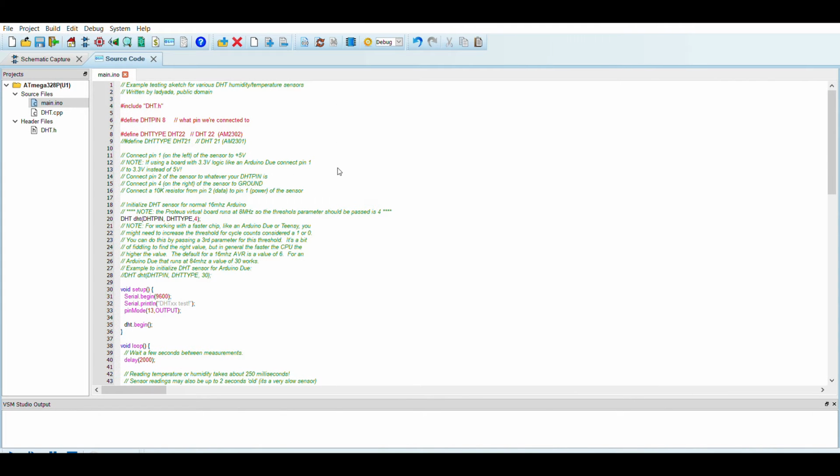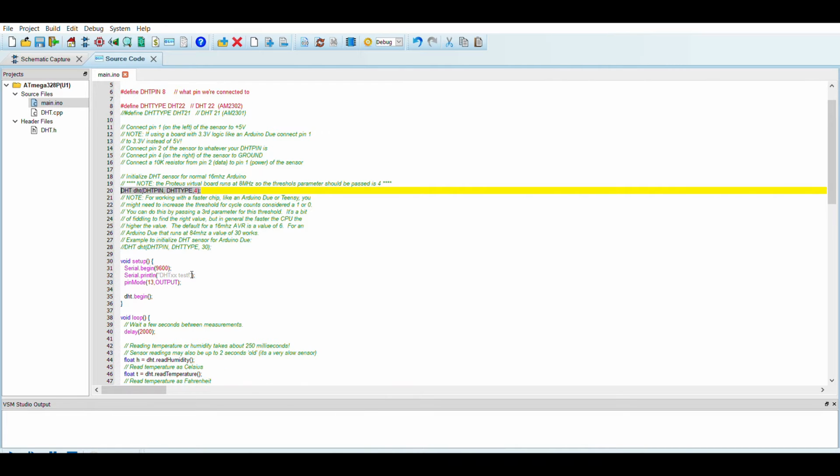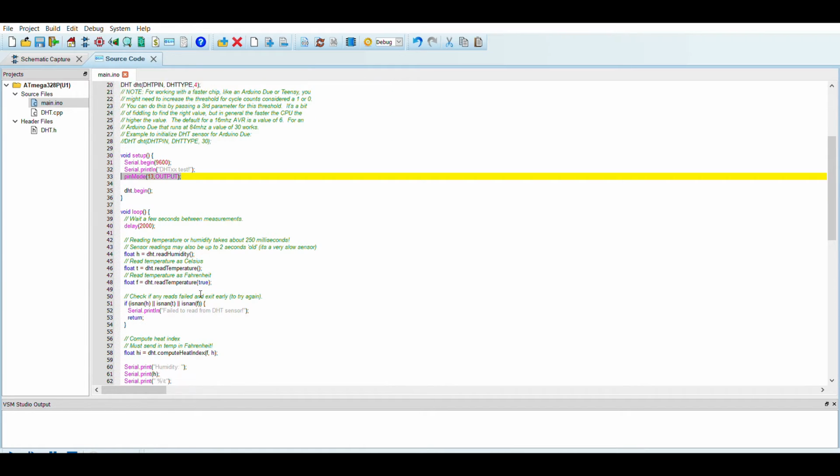I am 128. This is my third DIY assignment, and for this I have tried to simulate a temperature and humidity sensor in Proteus software. And for this I have added pinMode 13 OUTPUT in the code so that I can get the output at the 13th pin of Arduino.